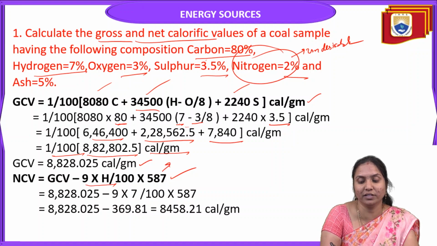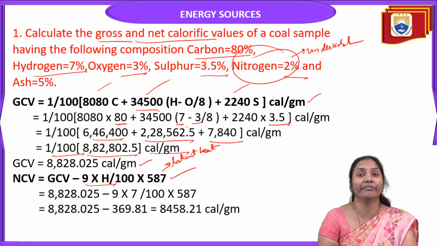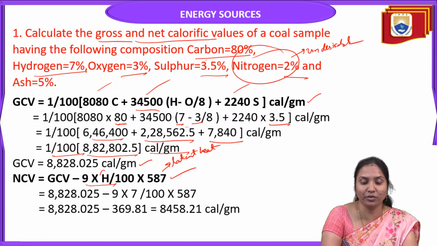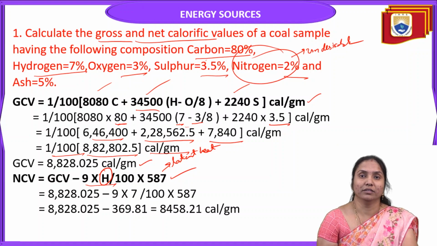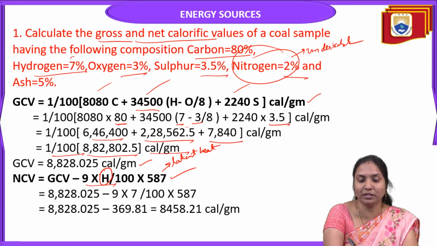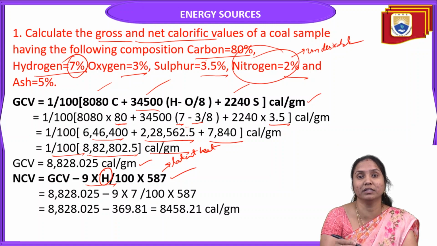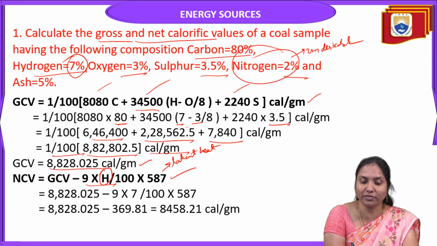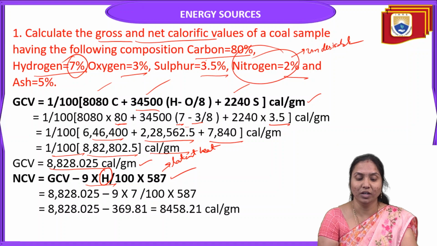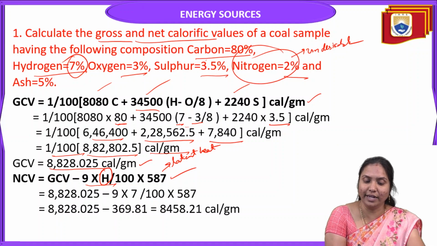Here 587 is the latent heat value, and H is the percentage of hydrogen present in the coal sample. In this problem, the hydrogen percentage is given as 7%. So we can substitute that hydrogen percentage in the above formula, and we can substitute the gross calorific value also. So the GCV value is